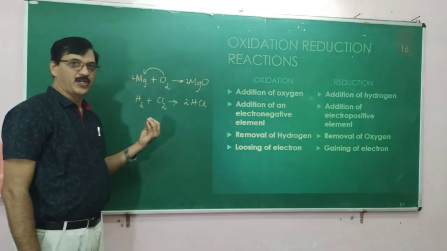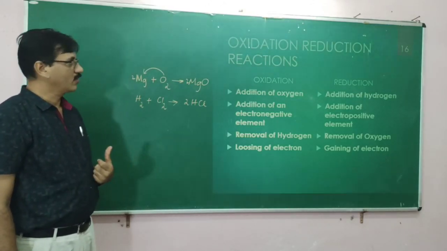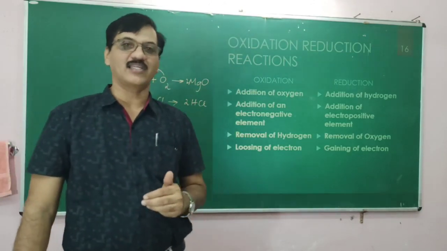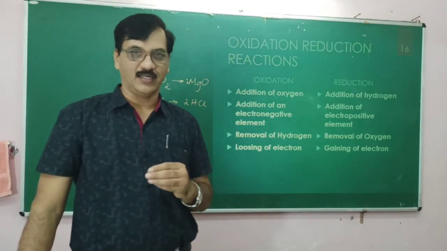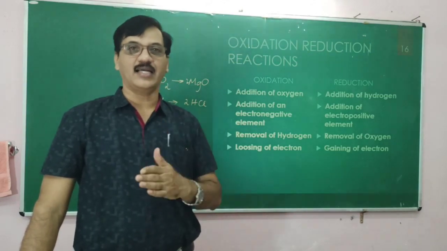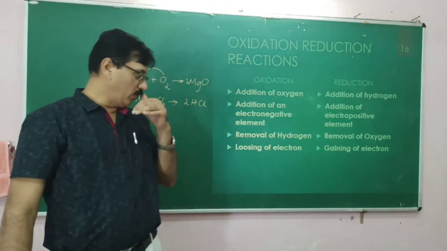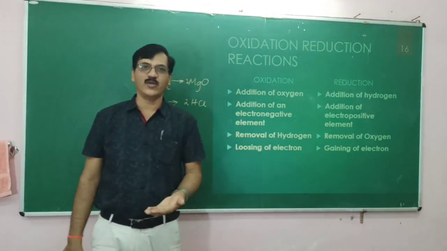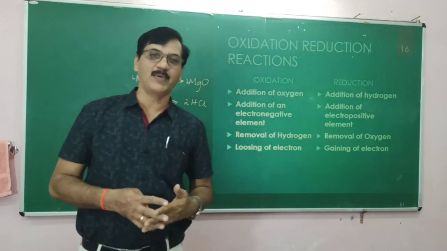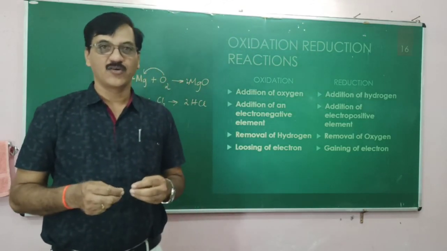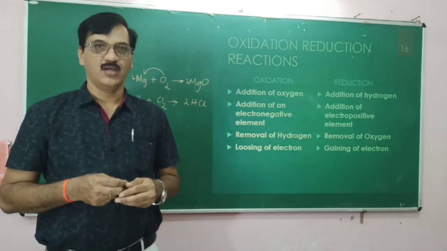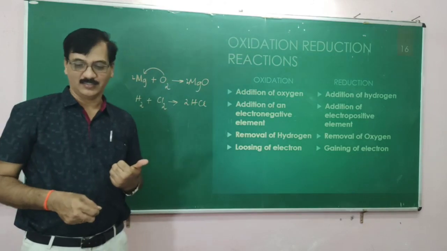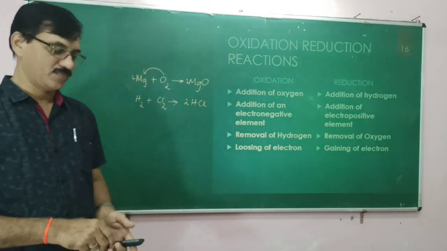So from the species point of view you can say, this oxidation and reduction reaction both occur simultaneously. Given a reaction, both oxidation and reduction take place. If one species has to lose electrons, another species has to gain electrons, then only the reaction is complete. Therefore, they are the faces of the same coin. So they are called redox reactions.